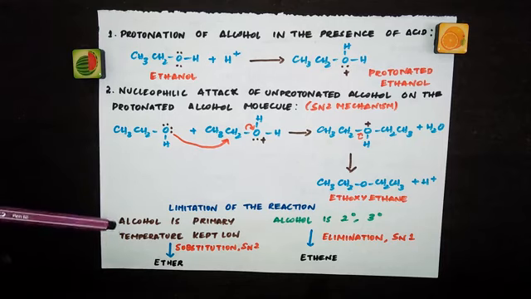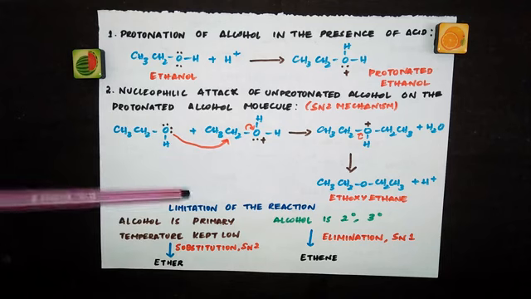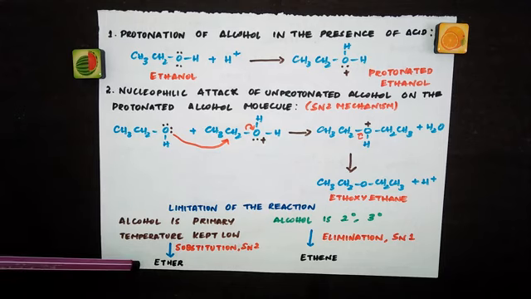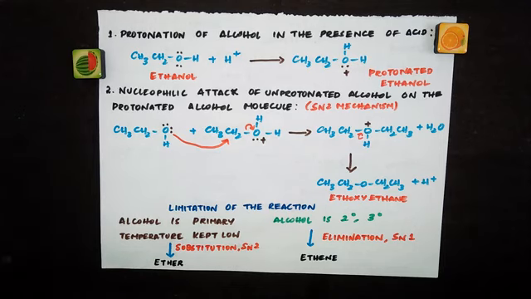But here also you have to remember one thing, even though the alcohol is primary and the temperature is high, then what will happen? Elimination happens and you end up with alkene. In that case, SN1 mechanism is followed. And here when the alcohol is secondary and tertiary, you can split that also, which you will be learning in higher classes, but still I tell you, if the alcohol is secondary, it will give you a mixture of ether and alkene.